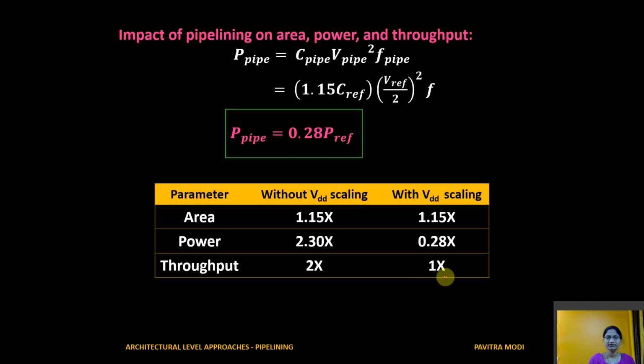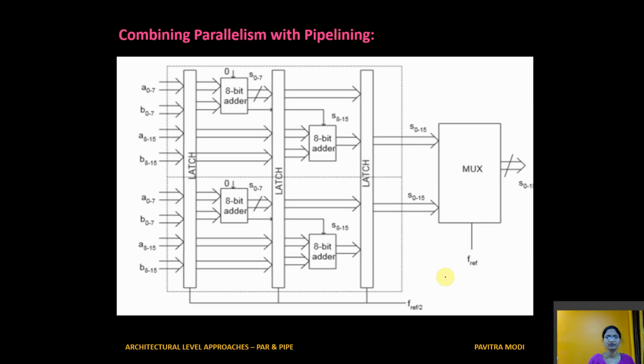Fine. Therefore, we have some power reduction in case of parallelism, and at the same time some power reduction in pipelining. Now what happens if you combine both parallelism and pipelining, whether we are able to achieve much lesser power or not? Therefore, let me take up architectural level approaches where we will be going for a combination of both parallelism and pipelining. And as we are going to have parallelism, definitely we need to have multiple copies of the hardware,